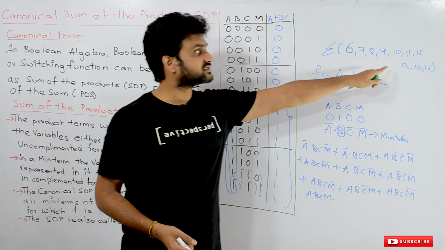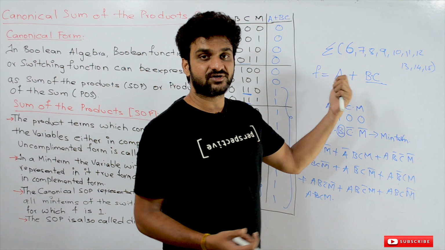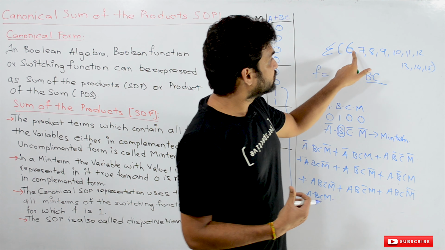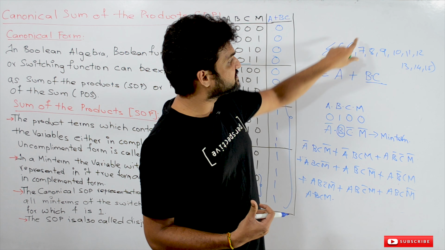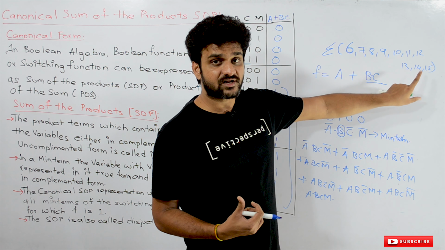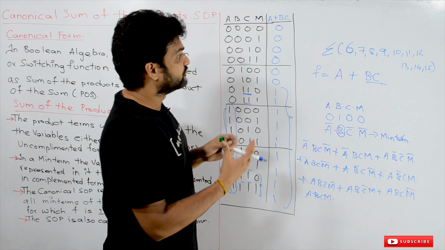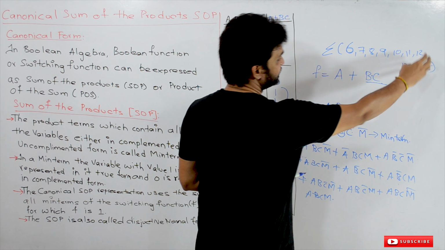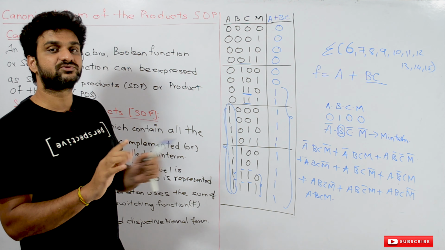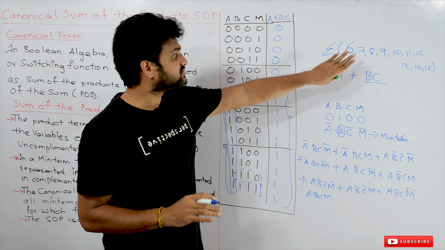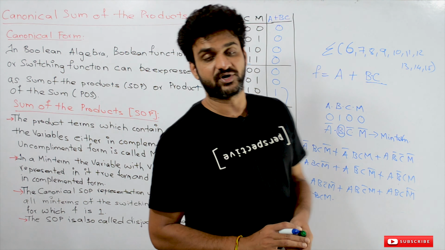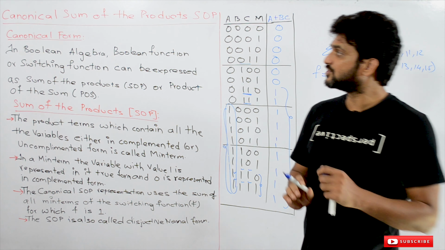So you will be given this kind of numbers representation of SOP. Sigma means SOP, and for POS another representation is used. If you are given all this, it means these are all the values which are true. So we have to minimize this equation. This entire representation has to be minimized. The minimization and all those concepts we will try to understand later on. So this is how a switching function can be represented using the canonical sum of products. Hope you got clarity on this concept.